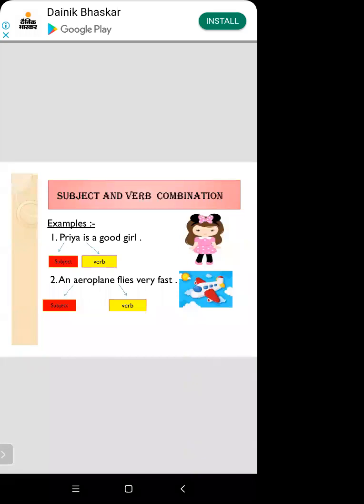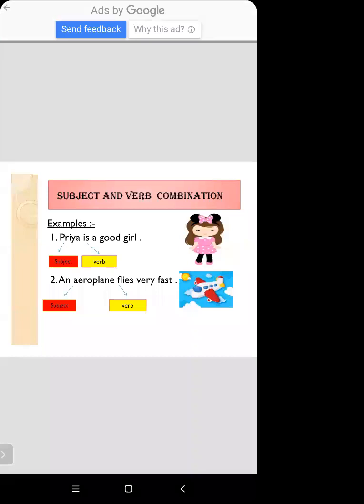Now, next sentence is here. An aeroplane flies very fast. तो aeroplane की हम बात कर रहे हैं स्टूडेंट. तो एरोप्लेन, हम बात करते हैं वापिस से सब्जेक्ट की. How can I identify the subject in a sentence? So now student, as a subject the person or thing, as here you notice that aeroplane is a thing, and in the first sentence you notice Priya as a person, we use as a person. So in overall we can say we use as a subject, we use as a noun. Clear? So now aeroplane is as we use as a noun. Okay, so aeroplane flies very fast. तो पर्सन हम कैसे आइडेंटिफाई करेंगे सब्जेक्ट के बारे में?